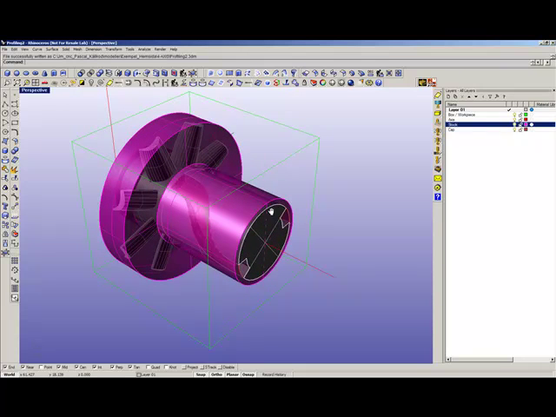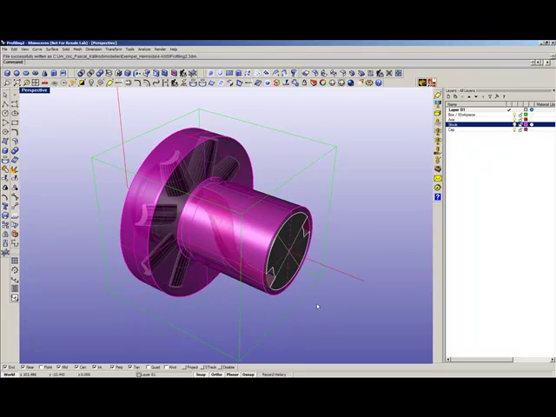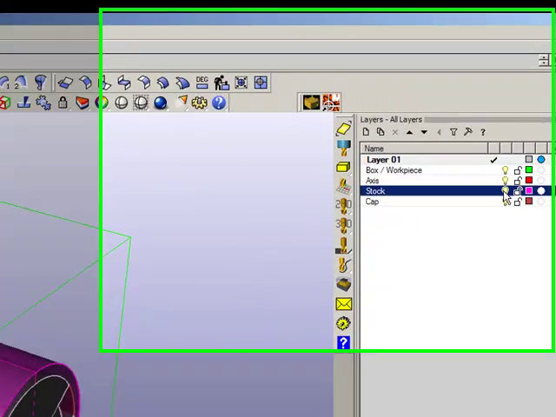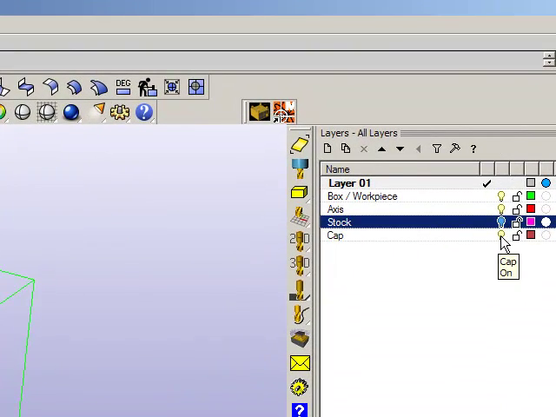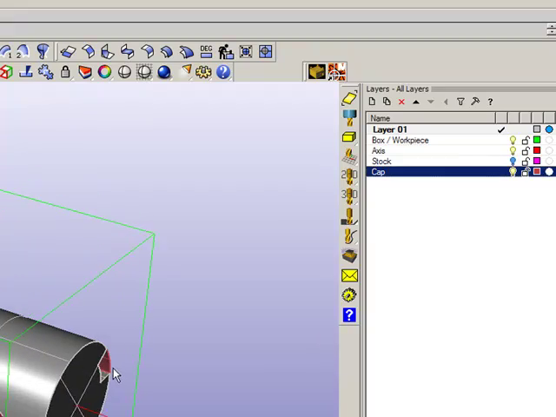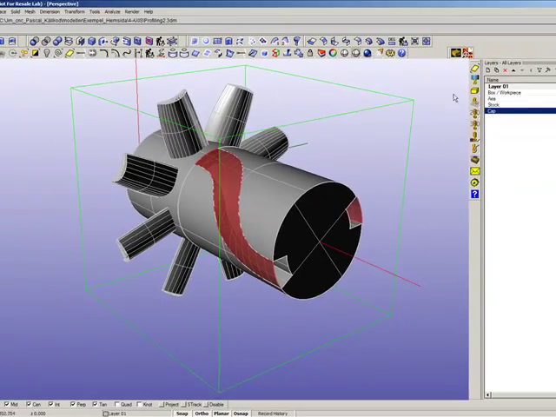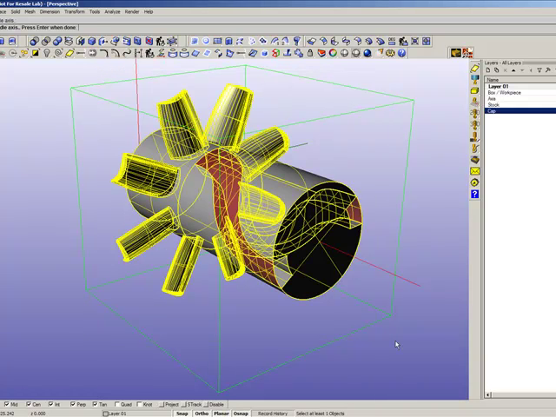Let's take a look at madCAM and how to work with stock material, user-defined stock material in simultaneous 4-axis. Here we have a model and we have created stock material and some cap surfaces. So if we would like to start machining this, we select the model for madCAM